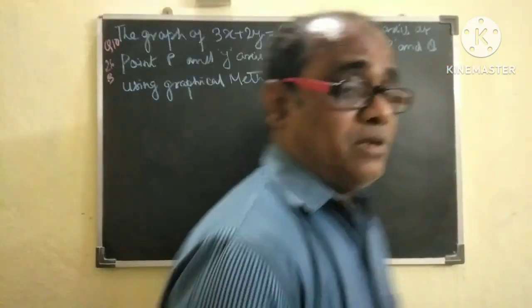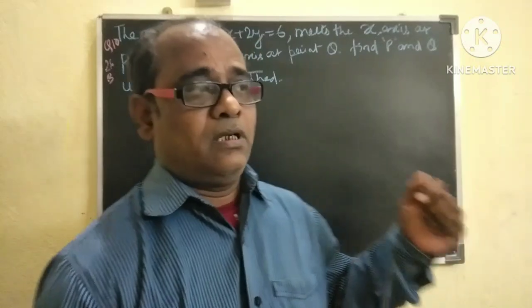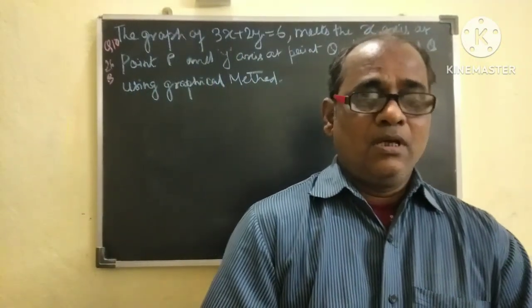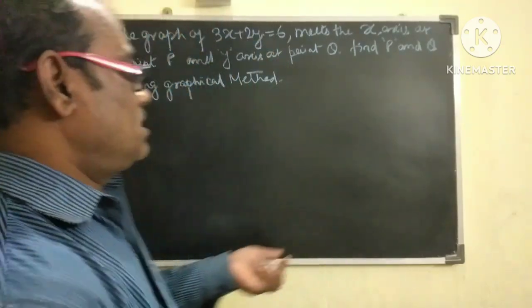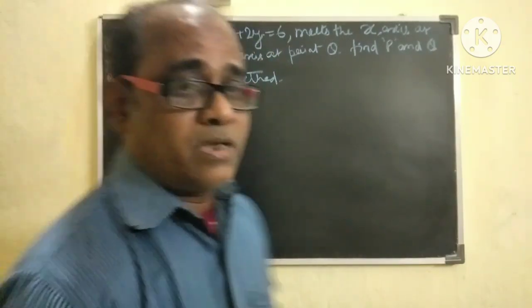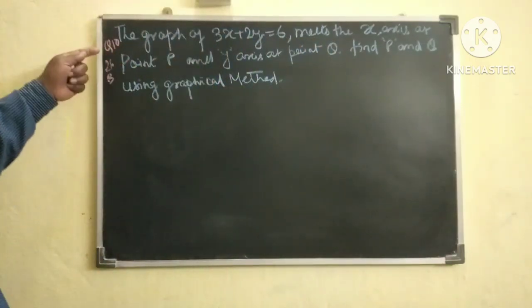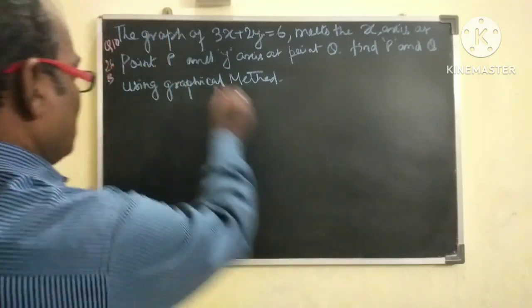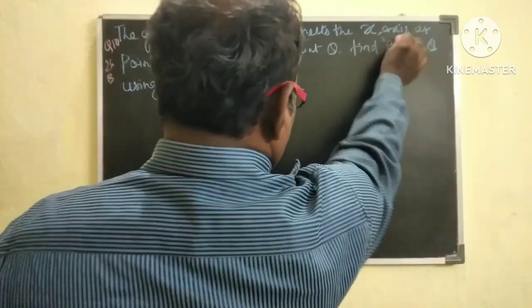So good evening my dear students of class 9. Most of the students have doubts in graphical solutions, how to find the graphical solutions, and today I am going to make your doubts clear. The doubt is from the ICSE Concise book, exercise 26B, question number 10. The graph of 3x plus 2y equals 6 meets the x-axis